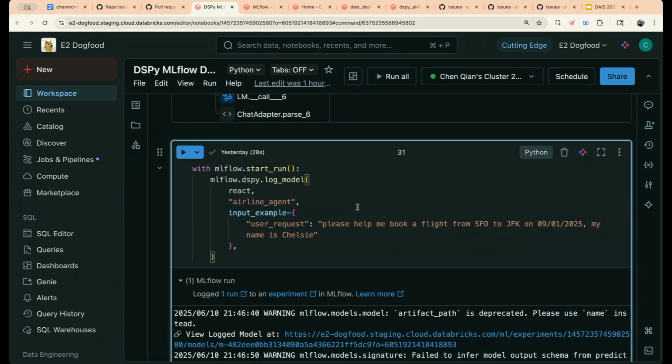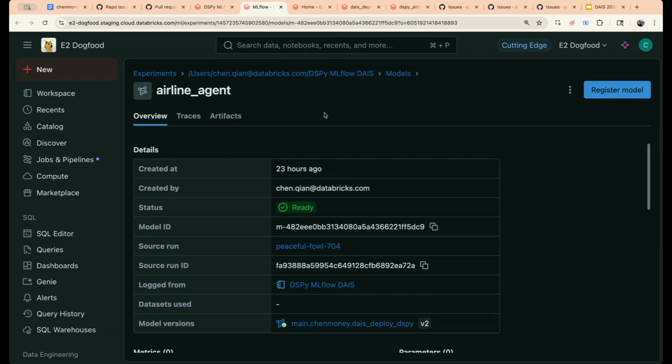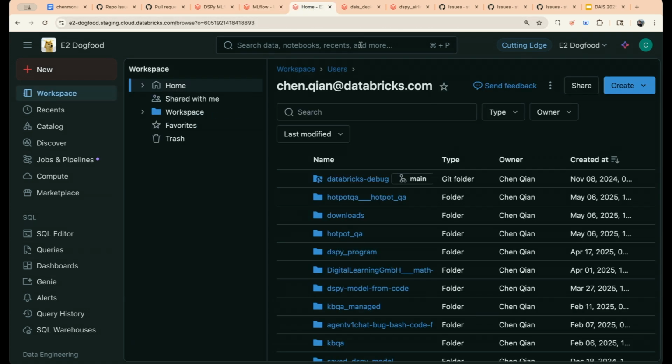All right, and probably the last thing I want to show is how to deploy that on Databricks. Just deploy the airline service agent. So just call the DSPy log model, and this is the log for that one. Then you open that, and you will get this. This is your logged model. You just click on register model. That will be registered in Unity Catalog. Then in Unity Catalog,